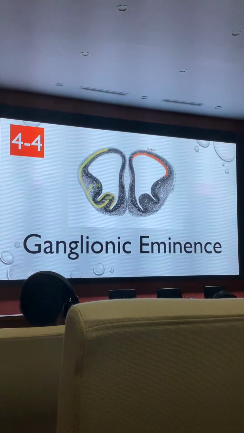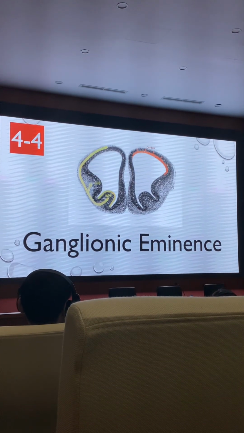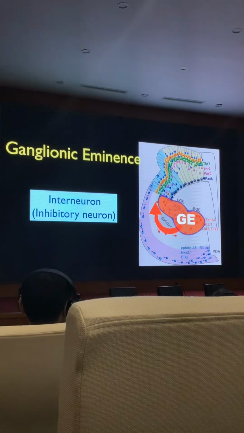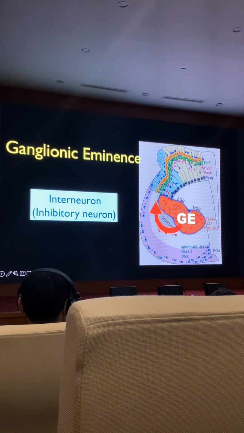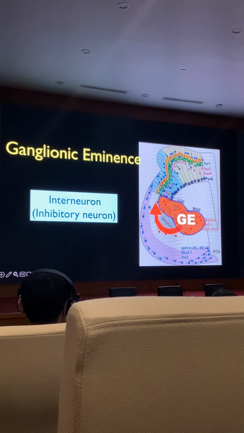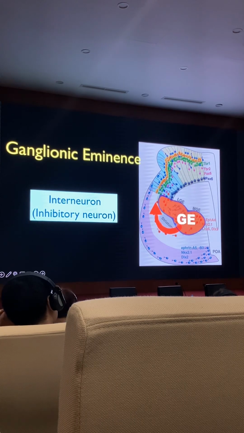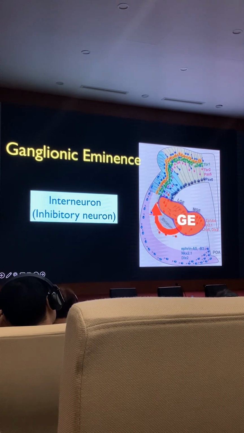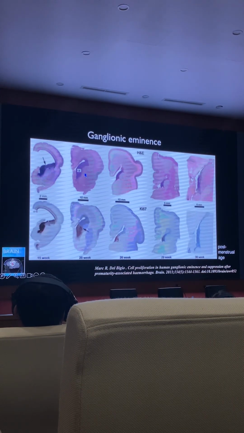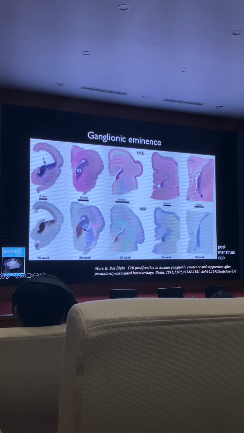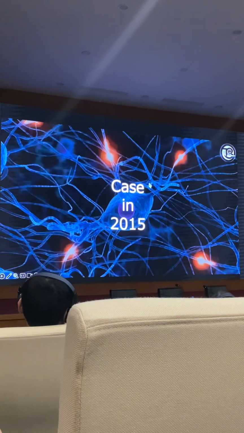Okay. And lastly, the ganglionic eminence, not GE Healthcare, this is the GE, the ganglionic eminence. This is the birth place of the interneurons, and the migration direction is different from the normal neurons. And the ganglionic eminence gets thinner and thinner during the pregnancy. Okay? And I had a case, again, that this is a